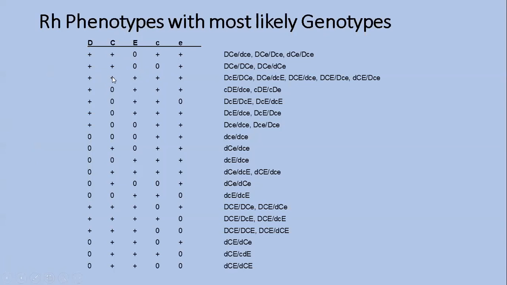We see in the next line, it's entirely possible to have all of them. We get down, we're getting closer. Okay, here, this one, they're lacking the big C. Okay, and so we have to keep looking until we find the one where they're only missing little c. So these wouldn't work because they don't have big D. These would be all RH negative people. And finally, when I get down here to this one,